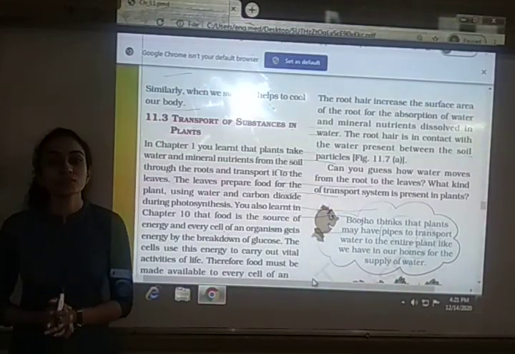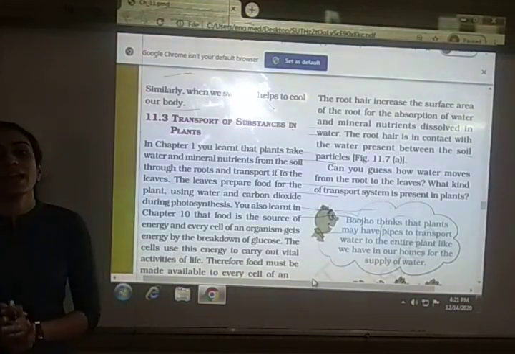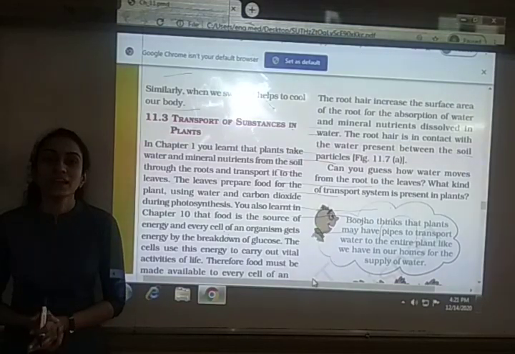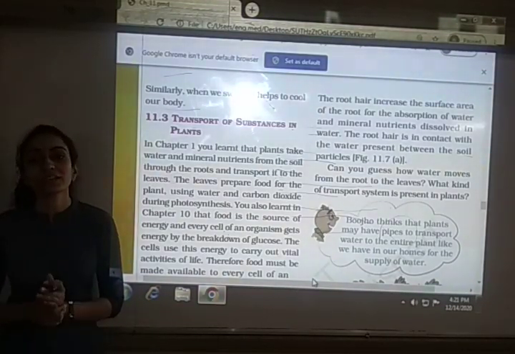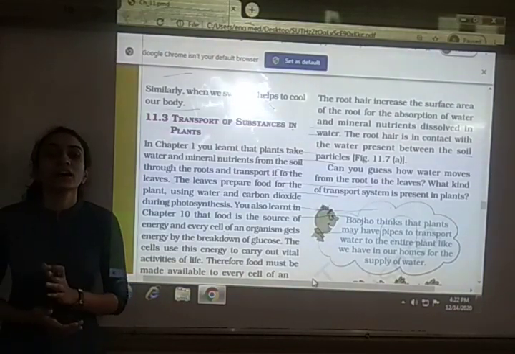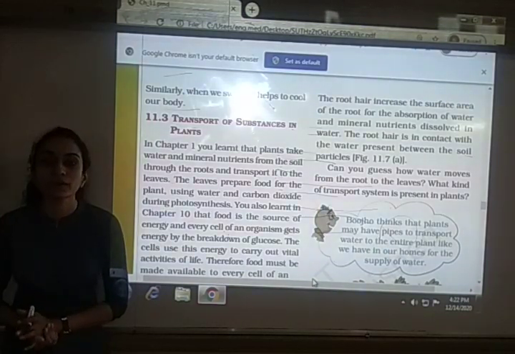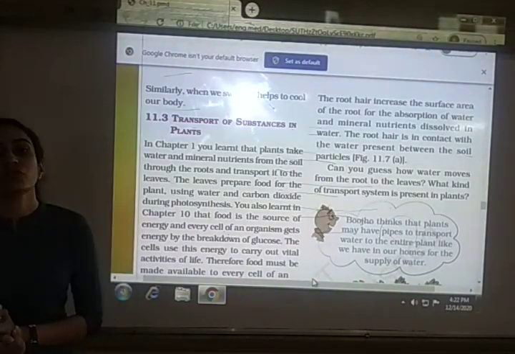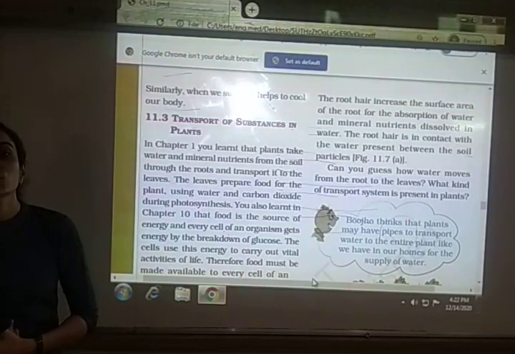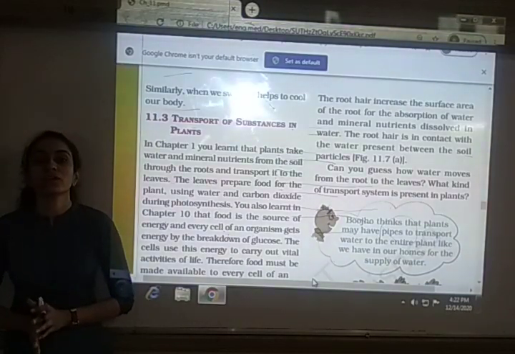In the red blood cells we had seen they contain hemoglobin, which is a red pigment, and because of that red pigment the color of our blood is red. It combines with the oxygen and transports it to each and every cell of our body, and this is how oxygen reaches the different parts of our body. Then we had seen the function of white blood cells, that they fight against the germs which are entering our body. So it is like a protective system for our body.